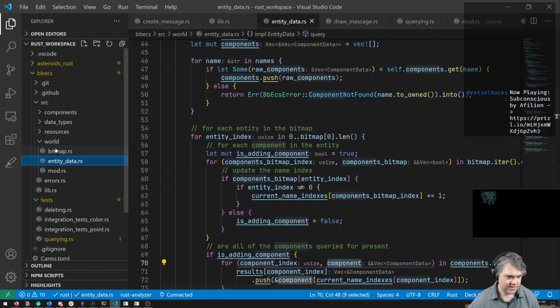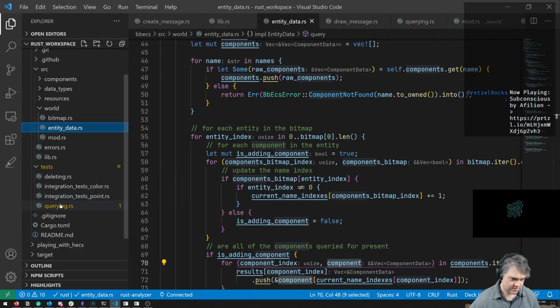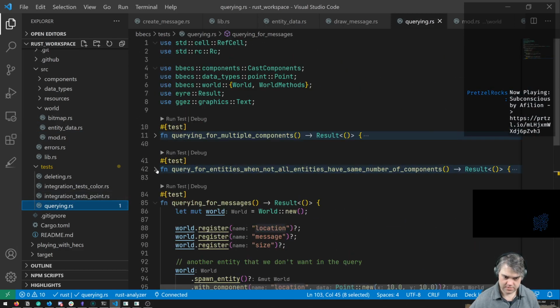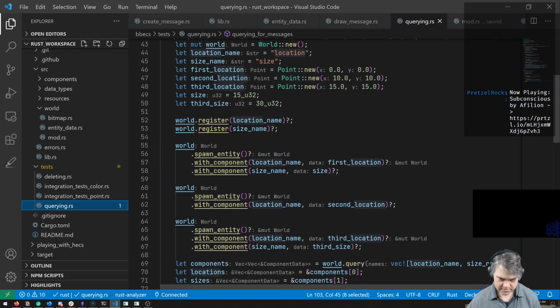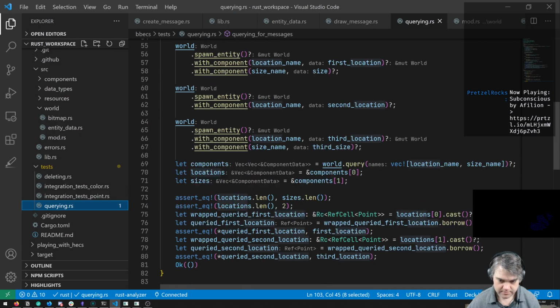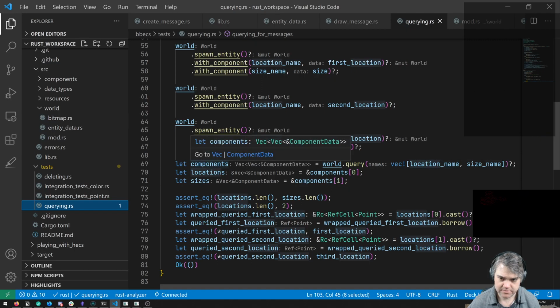And we have these other tests here. So I'm testing querying for location name and size name.